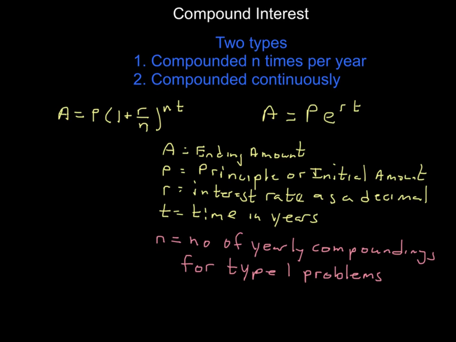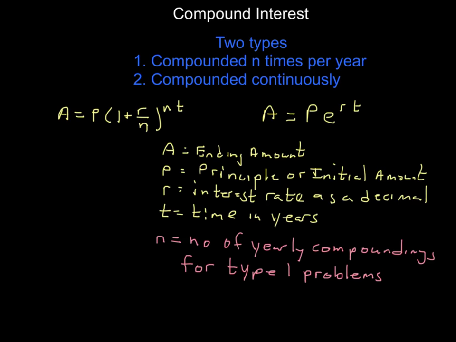Another type of application is compound interest. Now, you are probably very familiar with these. There are 2 types. One is where interest is compounded n times per year, and the other is compounded continuously. For those of you who are not familiar with this, when we talk about interest being compounded, it's saying how many times the interest is being added into the account